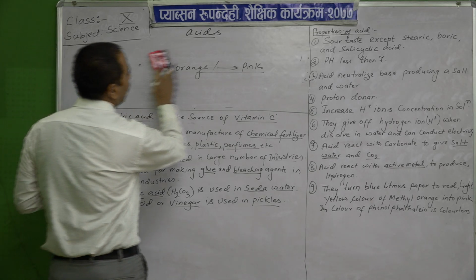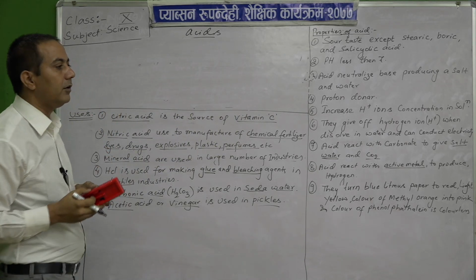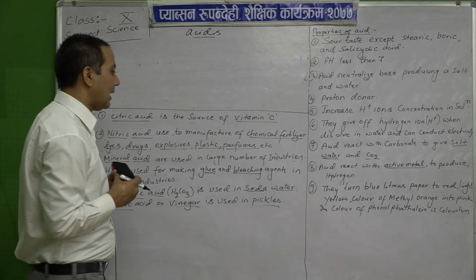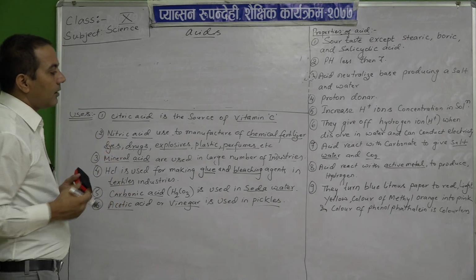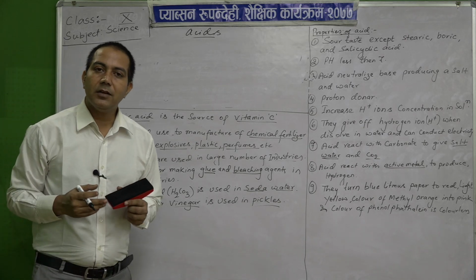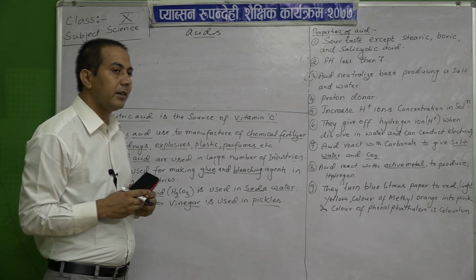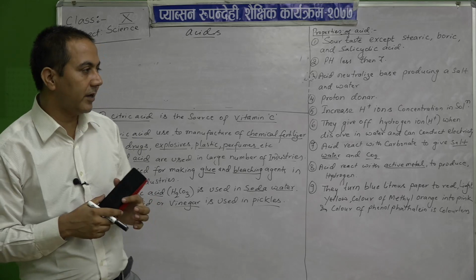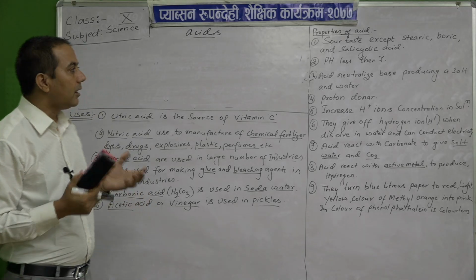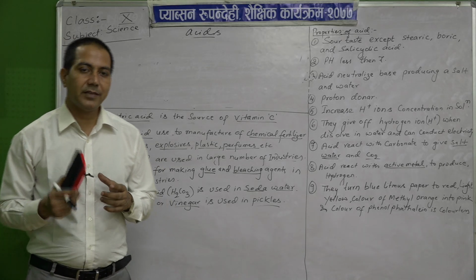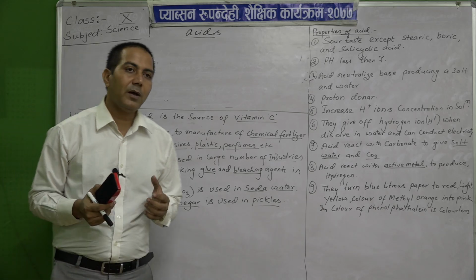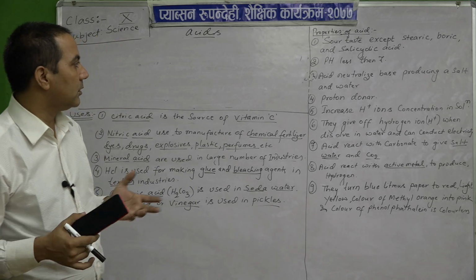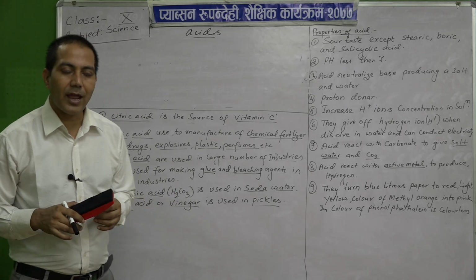take the phenolphthalein, which is pink in color, and when the acid is dropped to it, it becomes colorless. So, these are the properties of the acids. Now, I think you understand that one. First, it is sour in taste, except boric acid and stearic acid etc. Then another one, the pH scale is less than 7, and when it reacts with a base, it neutralizes into salt and water,